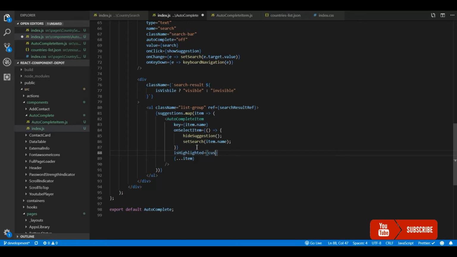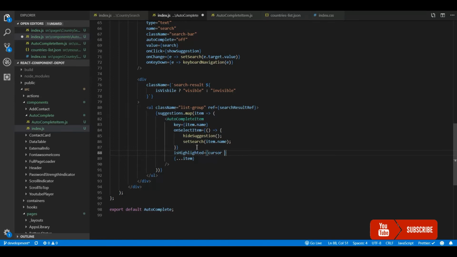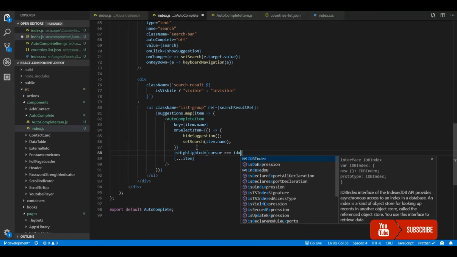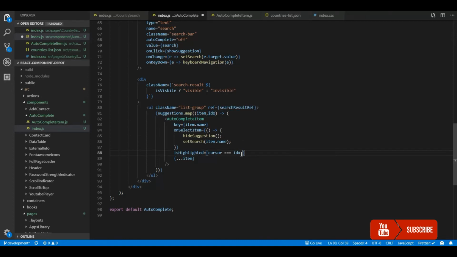So we are passing an isHighlighted prop to the list item component based on the cursor. If the cursor and this index are the same, we will highlight this. So for this, I'm going to add an active class to that particular item.